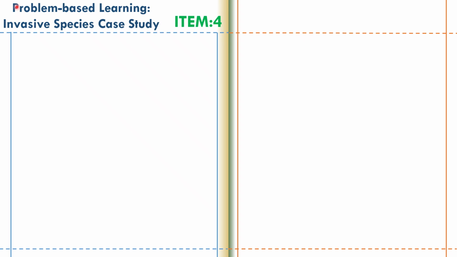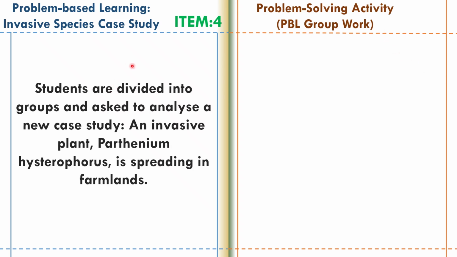We are still on problem-based learning, invasive species case study, item 4. Problem-solving activity, group work. Students are divided into groups and asked to analyze a new case study. An invasive plant, Parthenium hysterophorus, is spreading in farmlands. Task: